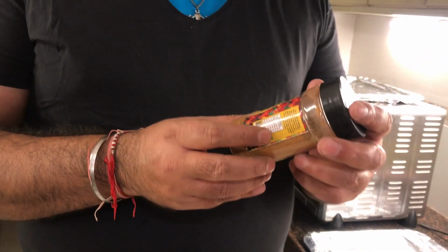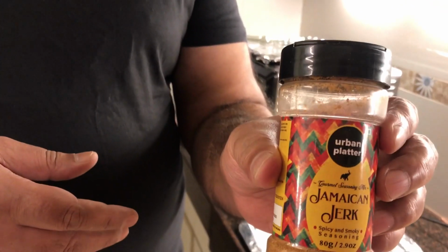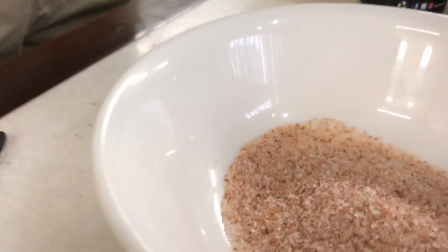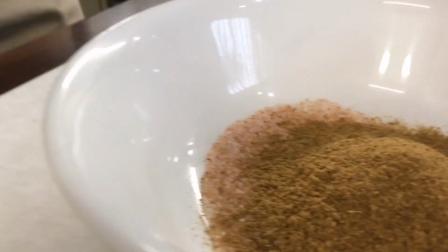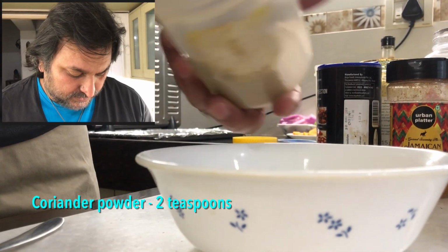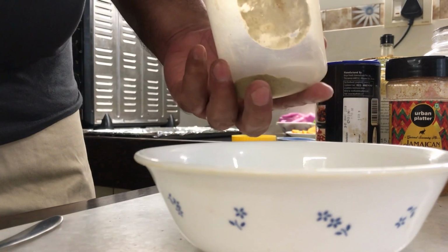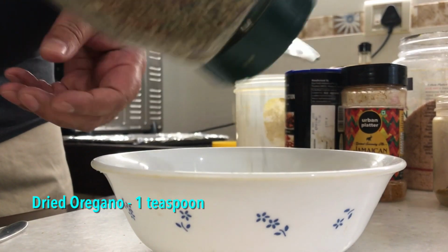Apart from which, I'm also using something which is not there in the original, which is Jamaican jerk. I'm going to add this to it and a little smoked pepper. 2.5 spoons of salt, a pinch of cumin powder, coriander powder, around 2 spoons. Remember, this is a big fish, and we're also going to use it for roast potatoes. Some oregano,